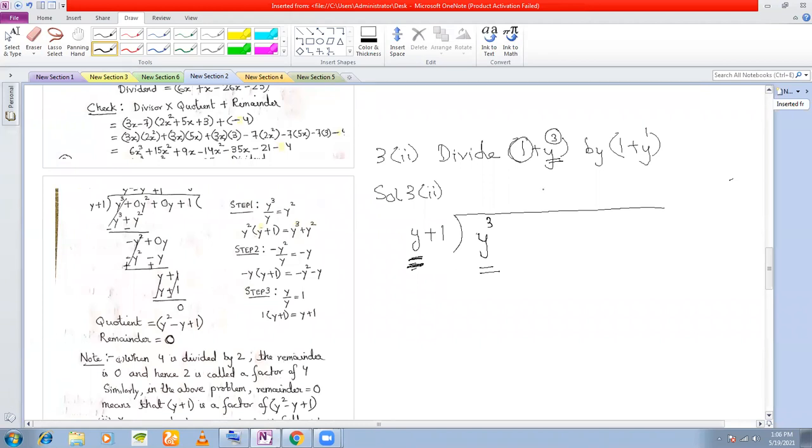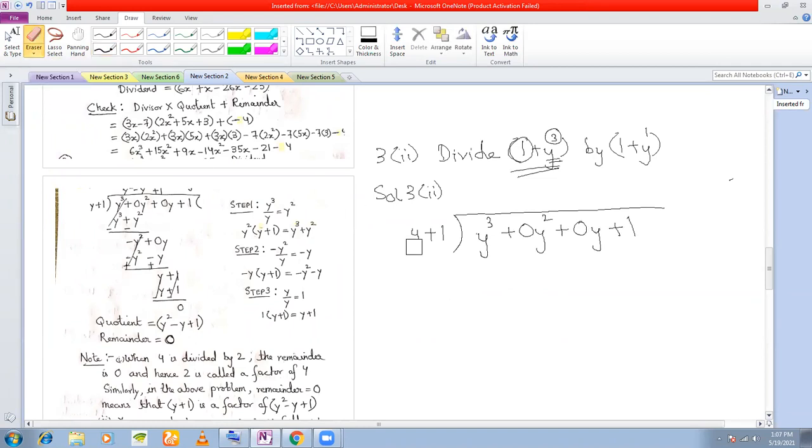But is y square there? It's not there. So I add a 0 into y square. Understood? Because 0 into y square is 0. I can add 0 to any number without changing the number. Now I need a y also. After y to the power of 3, I have y square. Now what should I have? I should have a y, but is y here? It is not here. So I'll add another 0 into y, and after that, plus 1. Now you understood?